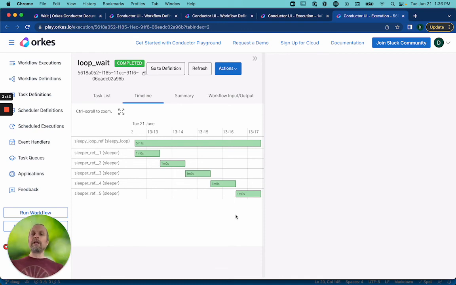So anyway, this is a really cool feature. I encourage you all to check it out. It is in the open source. It is also live, as you can see here in the Orcus Playground at